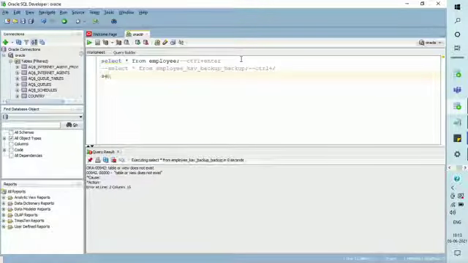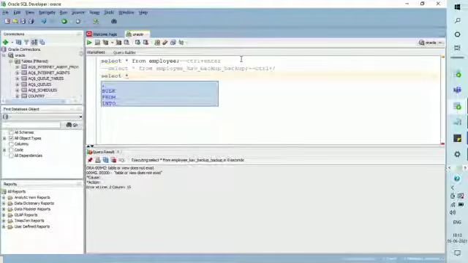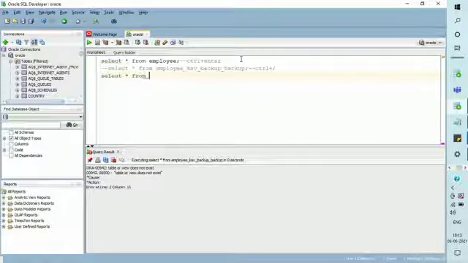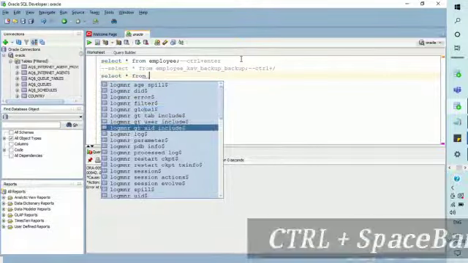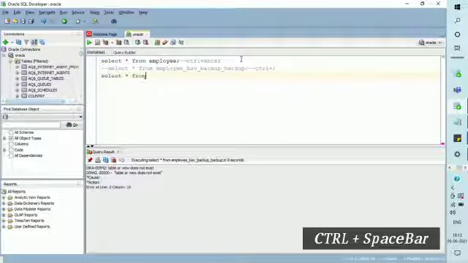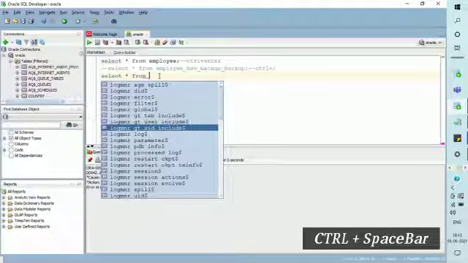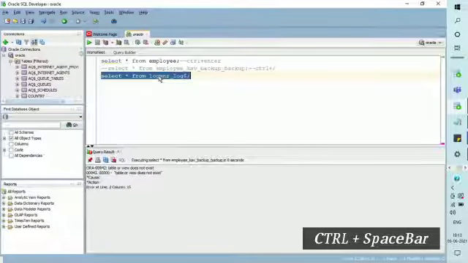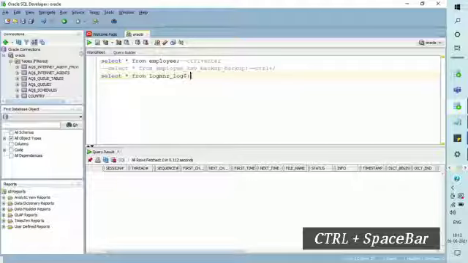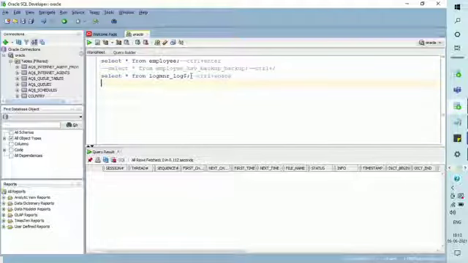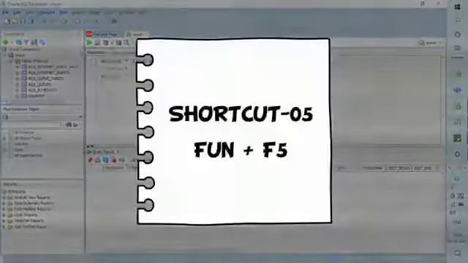Shortcut number 4 is all about helping you with the required tables to code. Let's check it out with an example. I'm just selecting the information from my table. If you forget your table name, just press Ctrl plus spacebar. It will help you with all the required tables to code. Click on the required table and just press Ctrl plus enter to get the output. It's a cool trick, right? Then go and check it out. Let's quickly jump into the other shortcut.